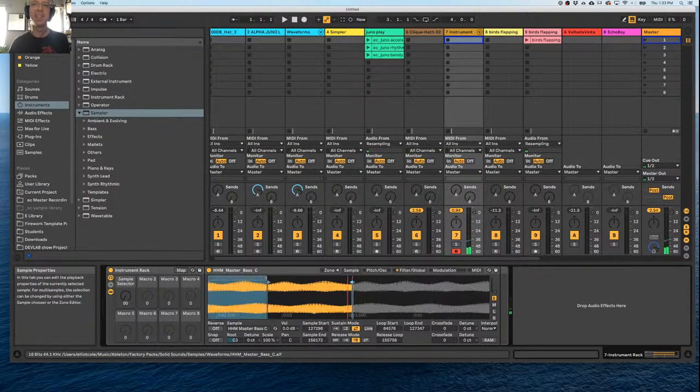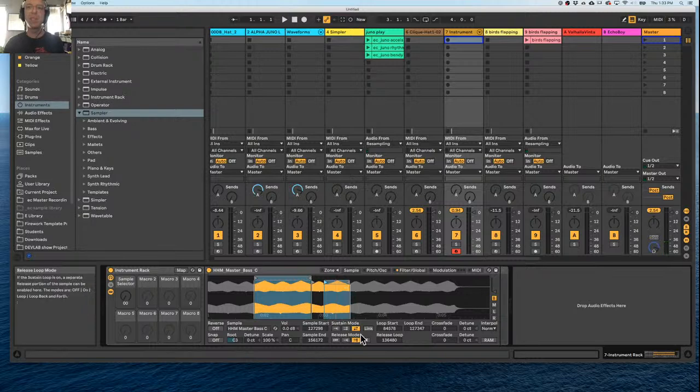There we go. Okay, so that's the release mode, and these controls are just basically the numbers of